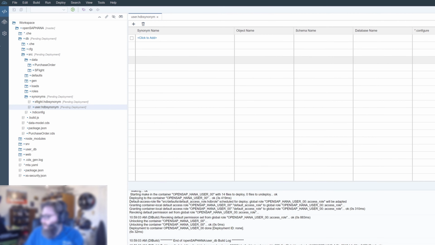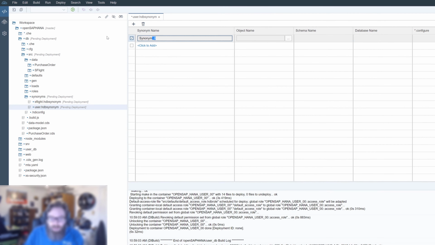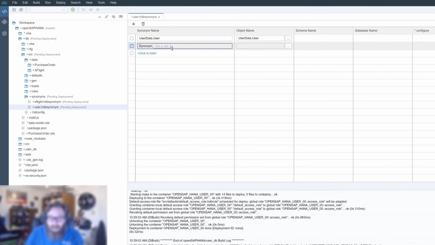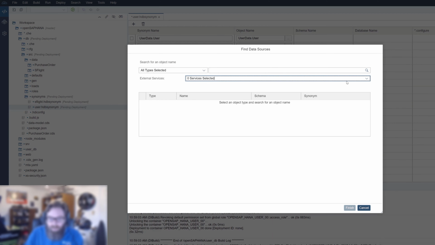And once again, we can just add the entries here. Let's give access to the table itself. This user data.user. That was the name over here, user data.user. Names don't have to match once again. In fact, let's do one here that doesn't match. Let's name this one user details, but the actual target object is, let's go select it here. I don't want to type it in. Let's choose it there, and